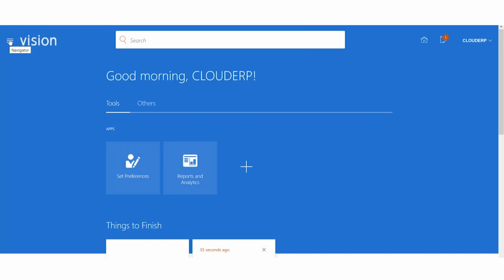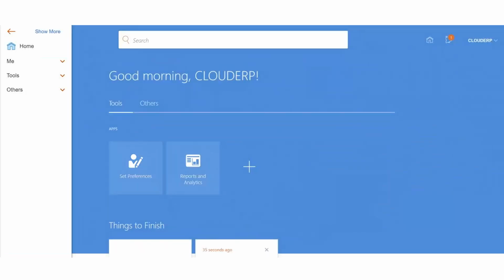If you click on the navigator, there is nothing you can do. Things like my CV are applicable only if the user is related to an employee user. This user is not connected with an employee. In the tools, there is nothing; you can just have access to some reports.